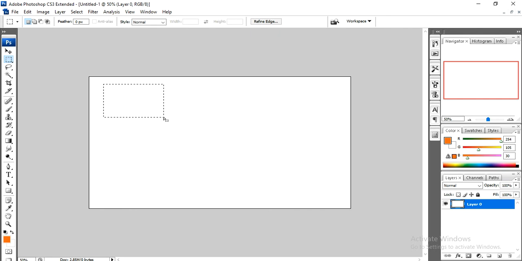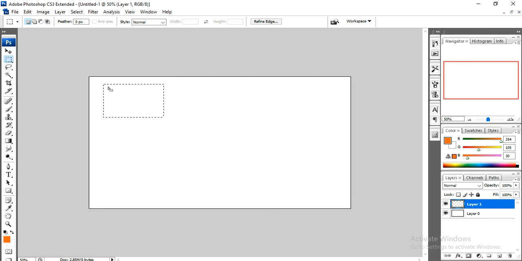Okay, the area is selected. So now how are you going to fill the color in this area? Before filling, you want to convert this into a separate layer. Otherwise, this rectangle will be merged with the white background color. How are you going to do it? Just click here, create one layer. Now the layer is created. It means we have created a plain layer. The plain layer has the rectangle selected. So now we can fill here.